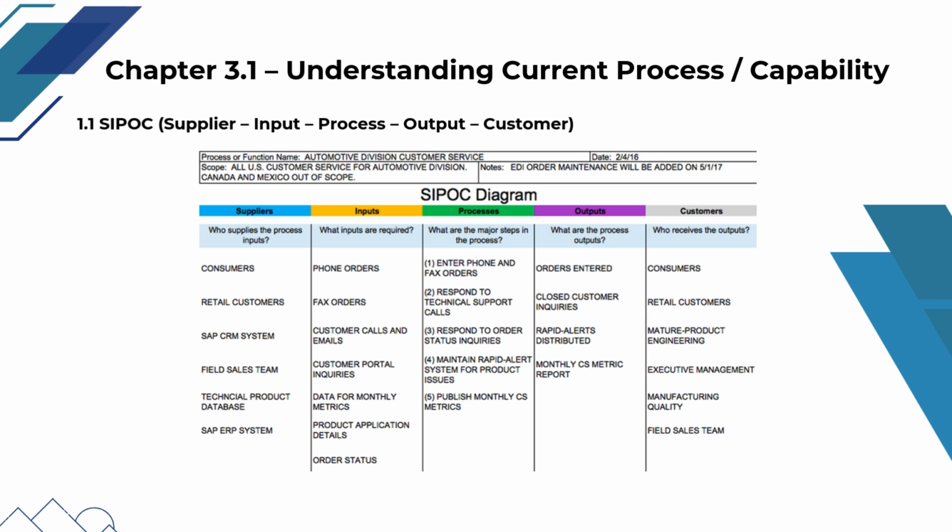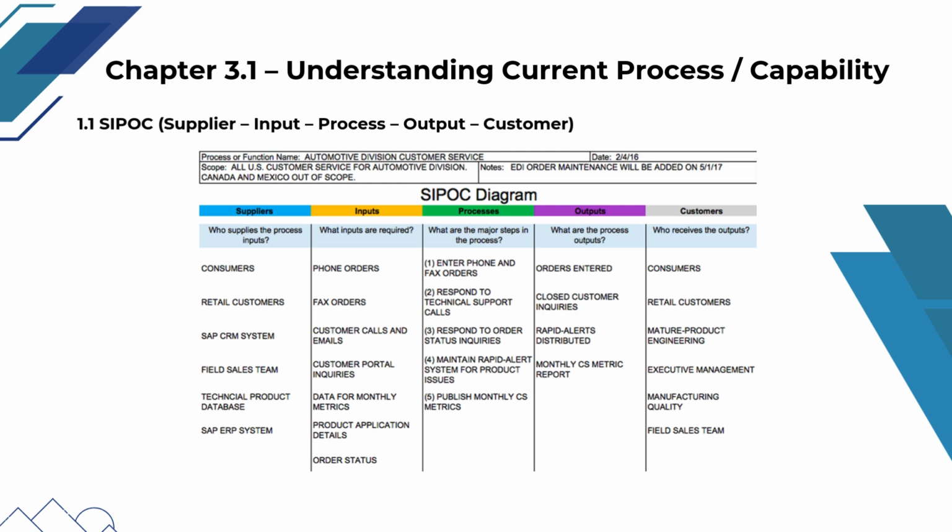This SIPOC diagram provides a high-level view of the current customer service process and helps the DMADV team clearly define process boundaries before moving into detailed analysis or redesign. It identifies key suppliers such as customers, sales teams, and enterprise systems, the critical inputs like orders, inquiries, and product data, the major process steps involved in handling orders, support requests, and metrics reporting, and the resulting outputs delivered to internal and